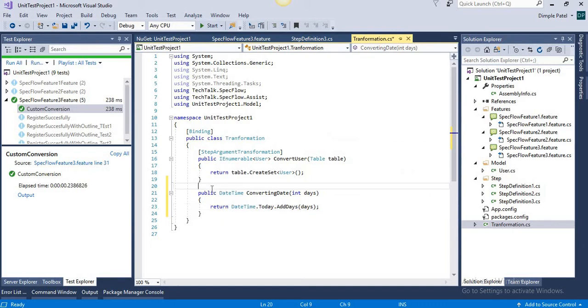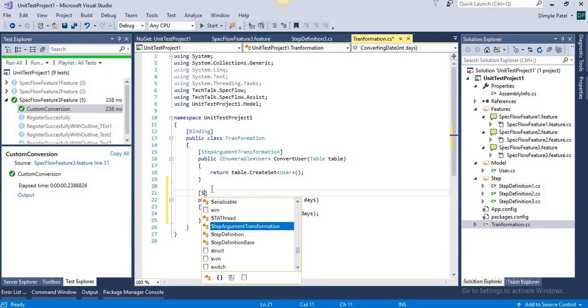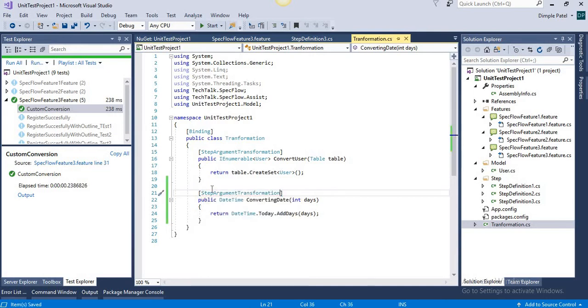Now we will write the StepArgumentTransformation attribute here. Basically this is used whenever you want to convert any of your steps or any of your tables, like we have already seen in the above example with the user, and you can convert any kind of thing with this.